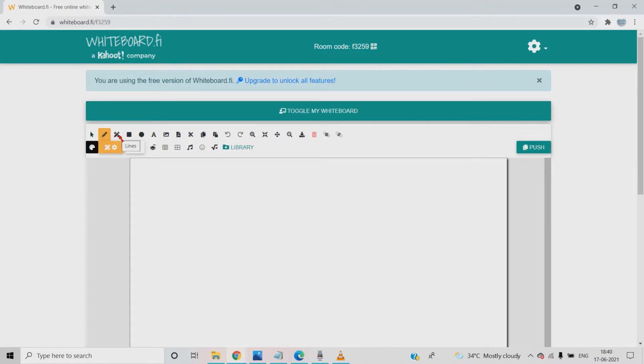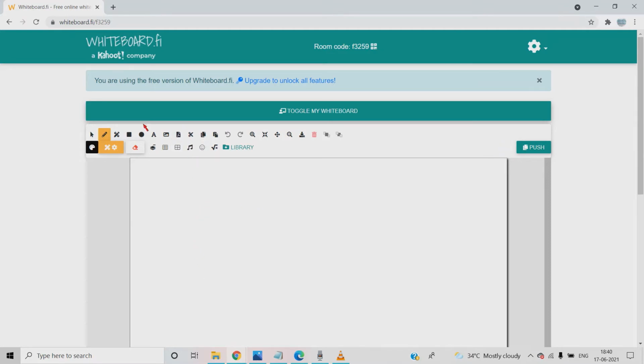Okay, next is the typing option. This A is text. Next is inserting an image for matching. And if you want your child to draw, connecting dots and all, in our childhood we used to connect the dots, right? A to Z they will give you. We will connect it and we will come to know what image that is. Like that, those types of images you can browse and insert here. Then you have to push.